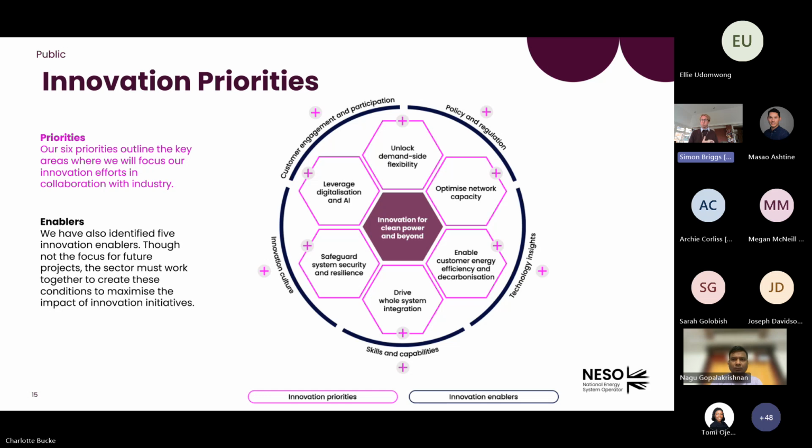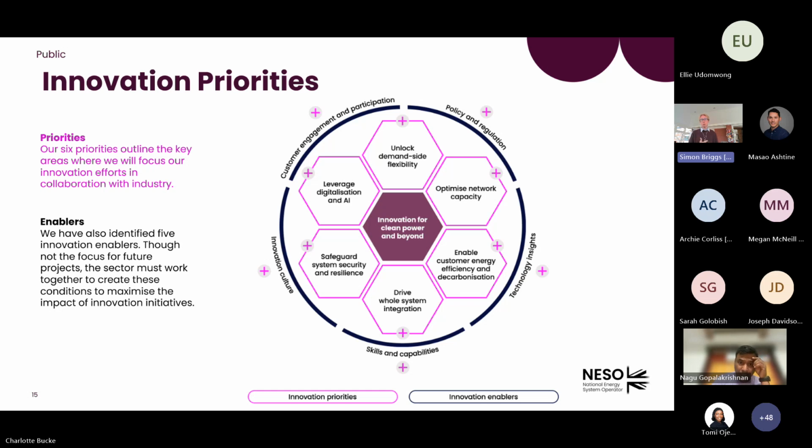Third one is around customer energy efficiency and decarbonisation. So the less demand we have on the system, the easier it is to get to a clean power system. So how we as a group help enable that to happen, encourage greater adoption of low carbon technology, drive greater energy efficiency, and ultimately get a better picture of how that can deliver. It feels like an important thing. I'll leave whole systems integration to last because that's why we're here today.